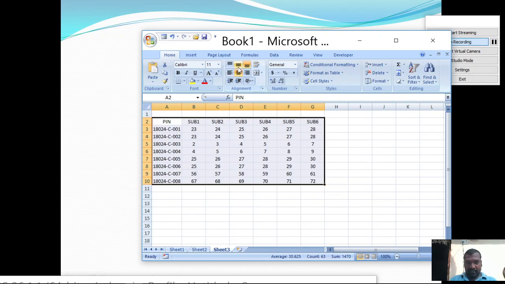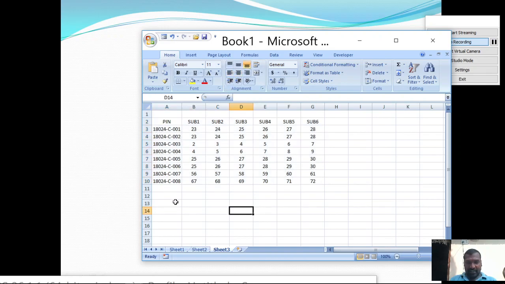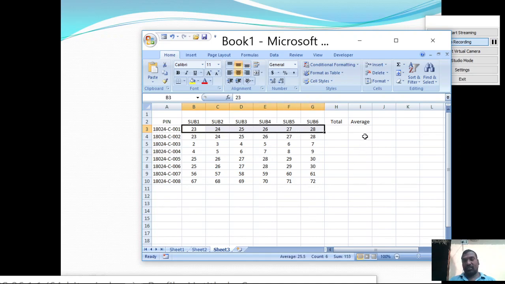So 6 subject marks are available for 8 students. Now I want to calculate the total marks obtained by a student and the average marks obtained by a student. For calculating the total marks, we need to add all the subjects' marks, right? For calculating the average, we take the total marks divided by 6 subjects. So divided by 6 gives the average mark.